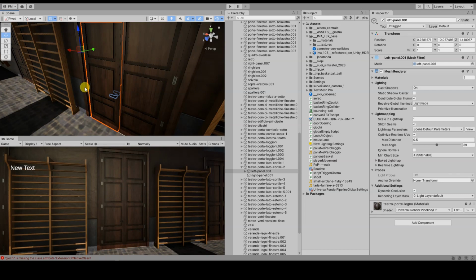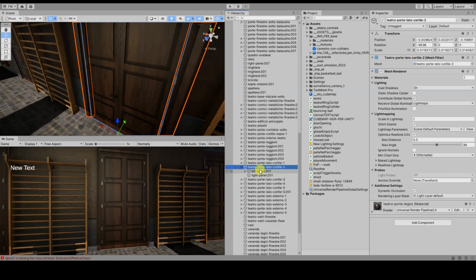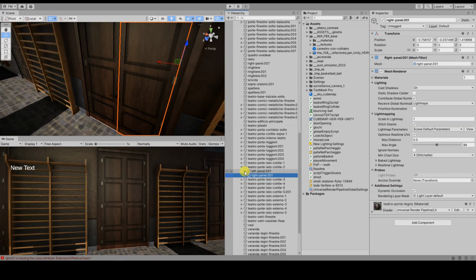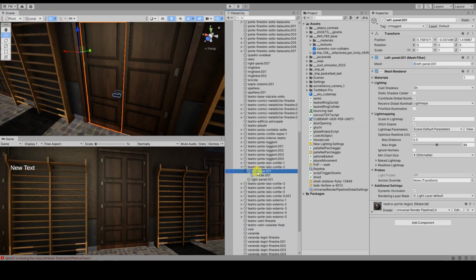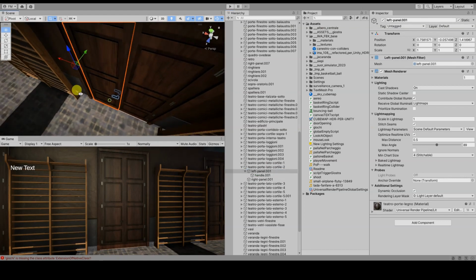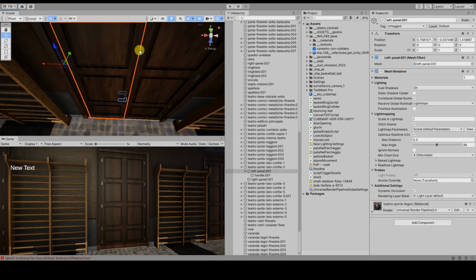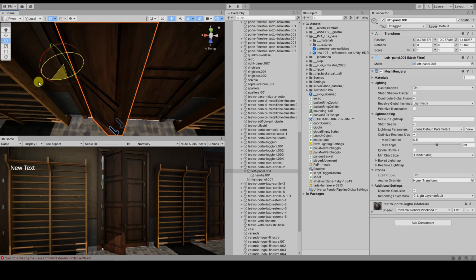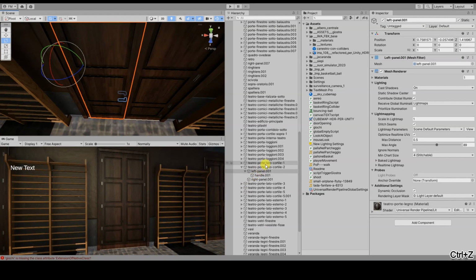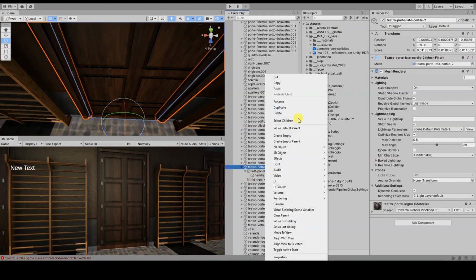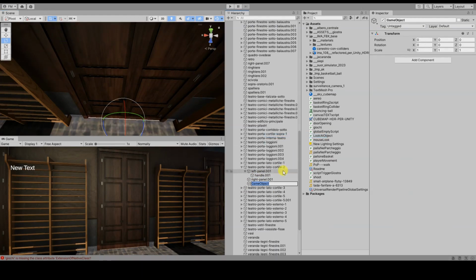Specifically, the model consists of 4 elements: the door frame, the 2 door panels, and a handle. Although the pivot point of the door panel with the handle was initially located at the hinges in my original model, allowing the rotation to happen correctly, for some reason Unity has moved it a bit forward. To solve this issue, I had an empty object as a child of the frame and positioned it at one of the hinges of the door panel I want to animate. Then I make the door panel a child of the empty.